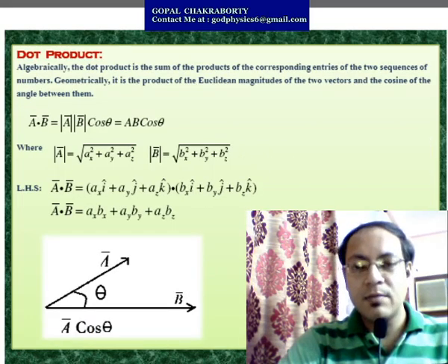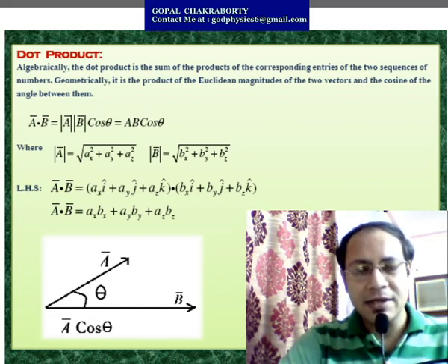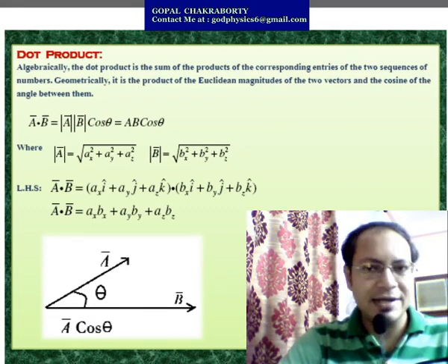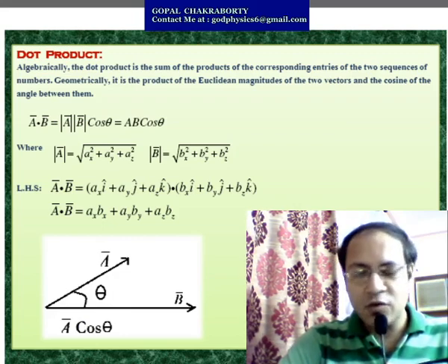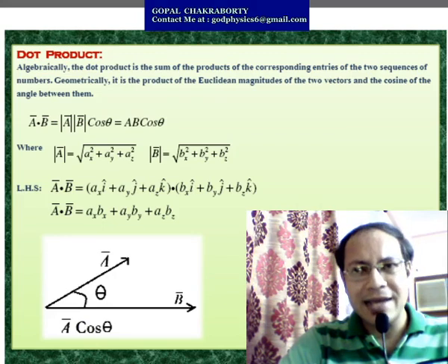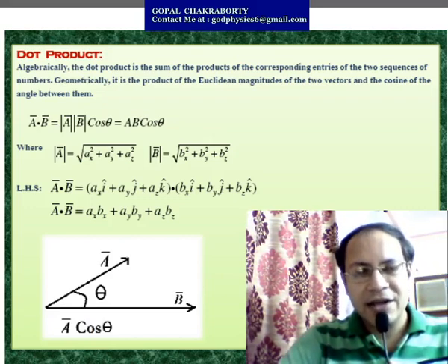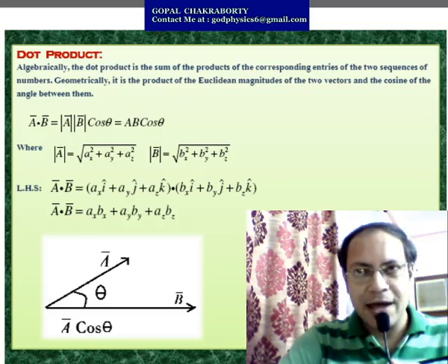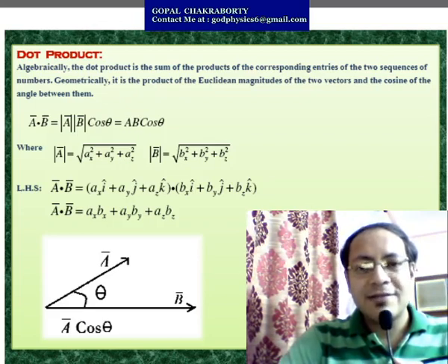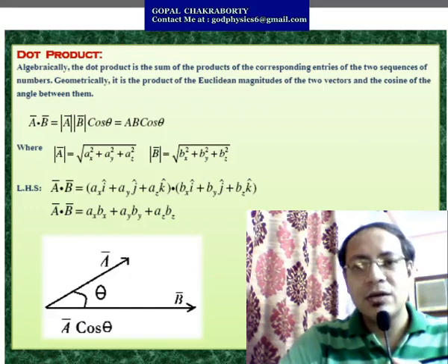Now we come to the most important property of vectors, that is the dot product. What is the dot product? Mathematically it can be represented as the product of the magnitudes of two vectors and the cosine of the angle between them. See here, A and B are two vectors where theta is the angle between them. So A dot B will be equal to magnitude of A into magnitude of B and cos of theta. First of all, you have to know the physical significance of the dot product and how you are going to calculate it.